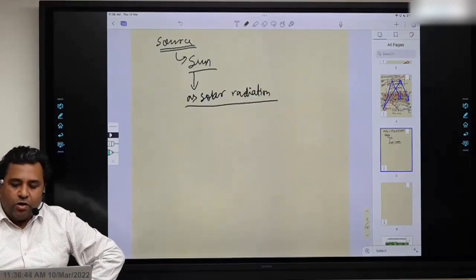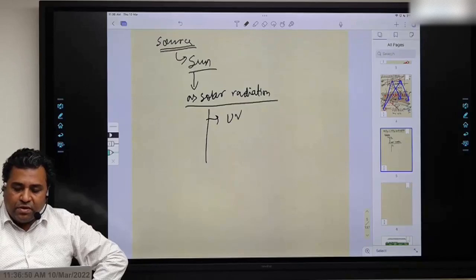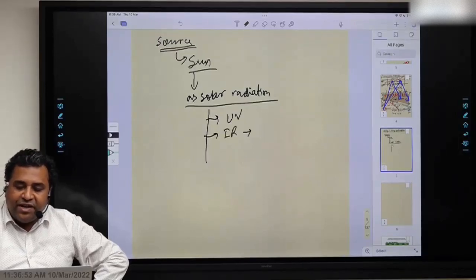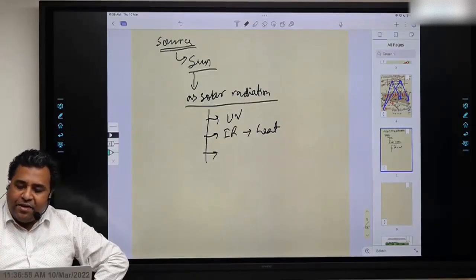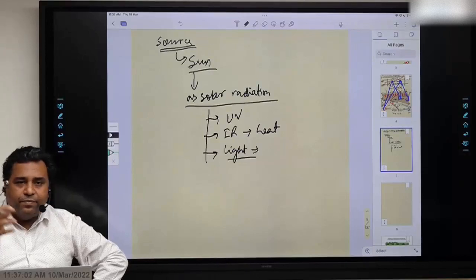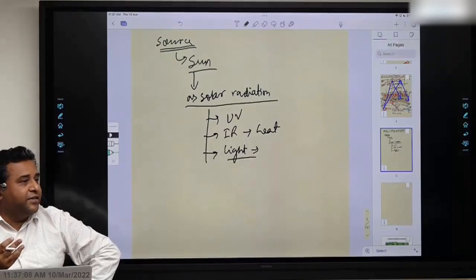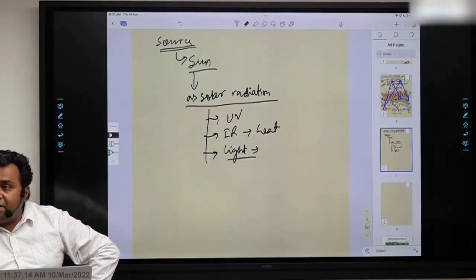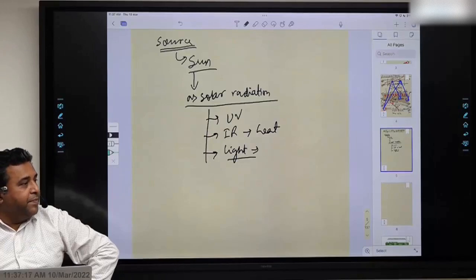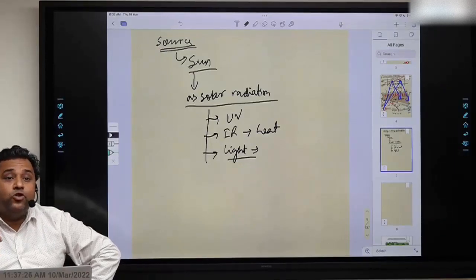Okay? And till now, what all radiations have we taken from the sun? So we have seen the UV radiation, and we have seen infrared radiation. Infrared brings the heat. The heat is mostly brought directly by infrared. Okay? And the Vibgyor light brings you the visibility. Your eyes are sensitive to the light radiations. If you read about the evolution of the eye, how did the eyes evolve? In living beings, the eyes evolved as sensitivity to light. That is what an eye means. It is a sensor to light.